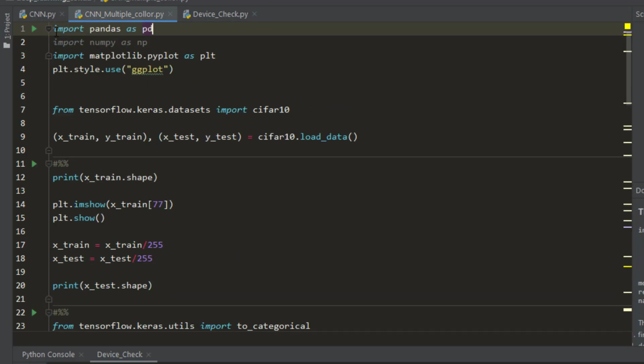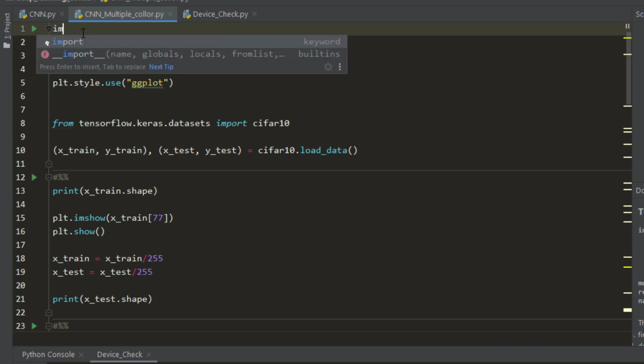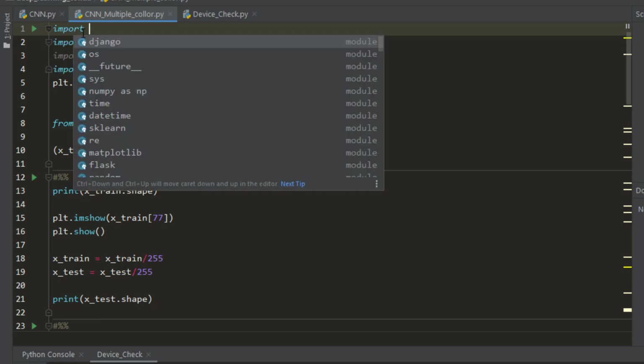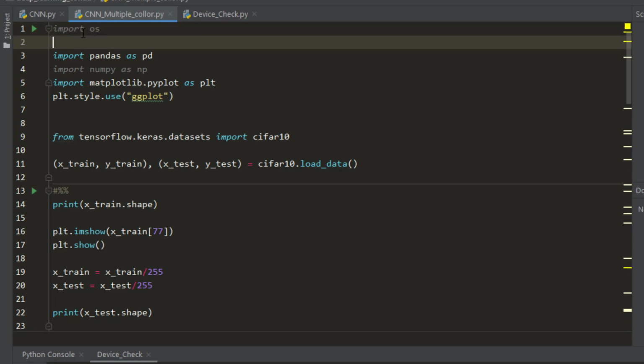Before all the imports, I can just import OS. So we import the OS package. It comes with Python. You don't need to install anything. It comes with an installation of Anaconda or distribution of Python, or if you just got Python from its main repository. And then you will just simply write